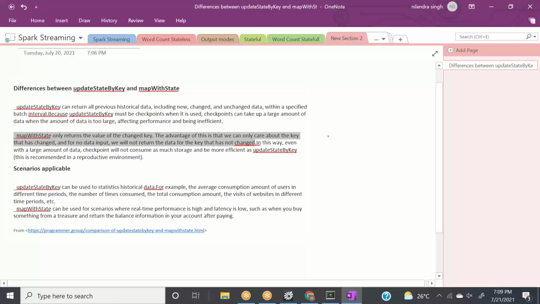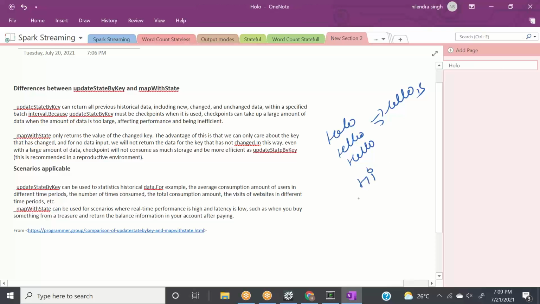What it means is, if I say hello, and I pass hello again, and I pass hello again, it will say hello 3. Till now we are good. Now if I pass hi, then updateStateByKey is reading this data as well and updating this data as well, although we are not caring about the whole data set. In mapWithState, we are only caring about the new data which is changed.